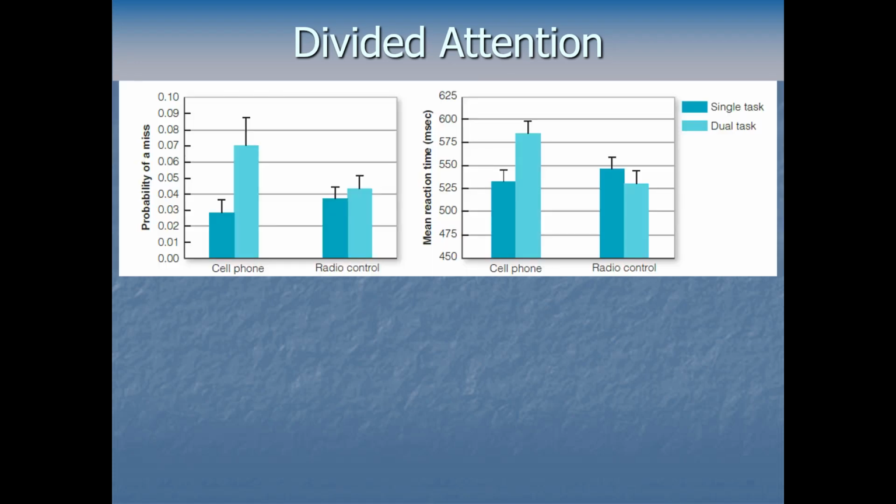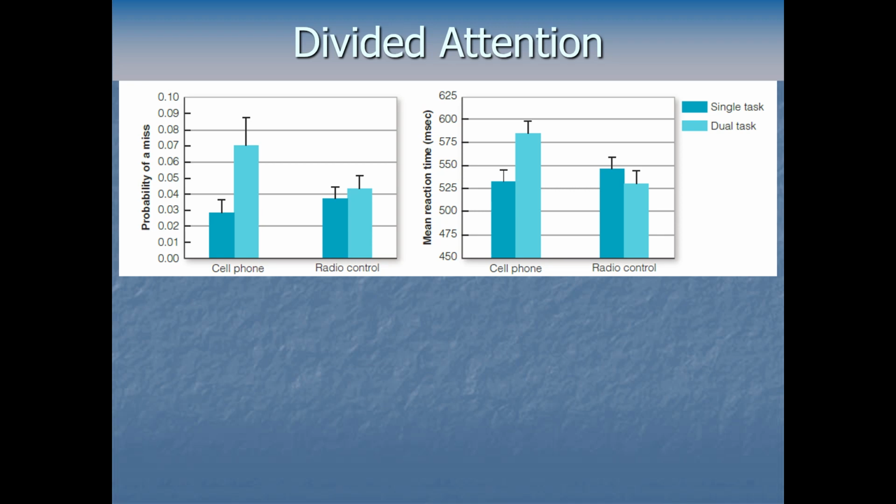Now, Strayer also uses this dual task paradigm of driving plus some other task to investigate if phone conversations differ from something like controlling a radio while you're driving. So here's the data. He found data that looks kind of like what we're seeing here. The left half here is probability of missing a red light. And then the right graph, for all these different conditions, is the mean reaction time. So on average, how long it takes you to stop for a red light. So in both cases, higher is worse. Higher means the driver is screwing up. Now look at the dark blue bars. That's single task performance of just driving. And compare it to the light blue bar in each of the situations.